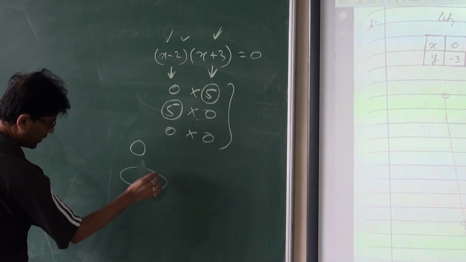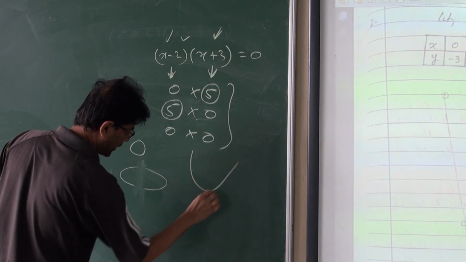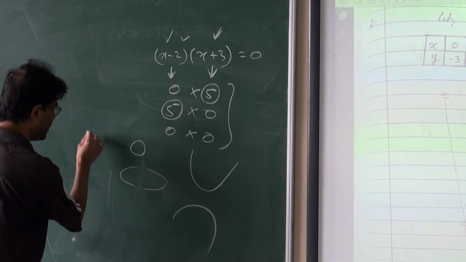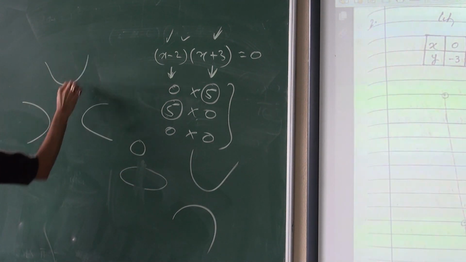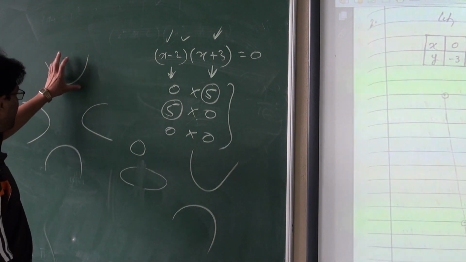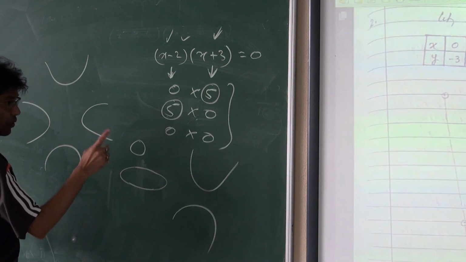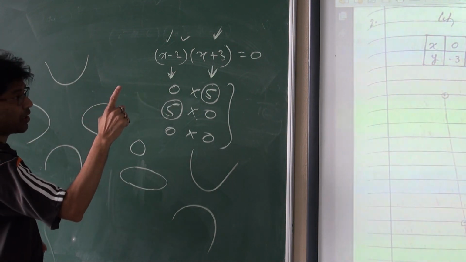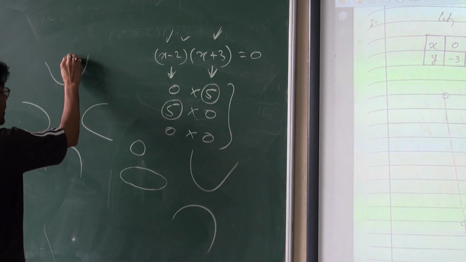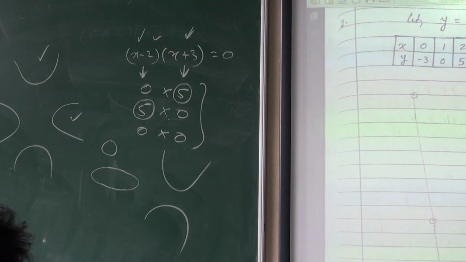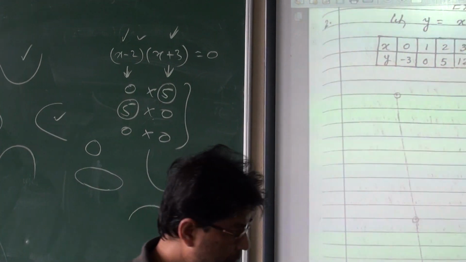That whole thing is an ellipse. A parabola is only one side, it can be this type, this type, or this type also. So one part only, that is a parabola. When it is the whole closed curve, that becomes an ellipse. So every quadratic expression of that type will represent a parabola like this. So figures would come like this, but which direction you have to plot, then only you will come to know.